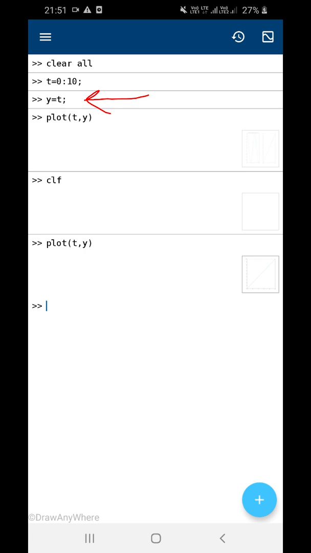So for each value of t from 0 to 10 you can find a corresponding value of y, and from this you can see that it is nothing but the straight line starting from origin. Okay, so your function is y is equal to t, and if you want to plot it you can just use this command plot, and inside the plot bracket you have to give what is on x-axis and what is on y-axis. That's it, so simple. So just by using the command plot, in brackets t comma y, you are just mentioning what is on x-axis and what is on y-axis, and you will get the plot output.